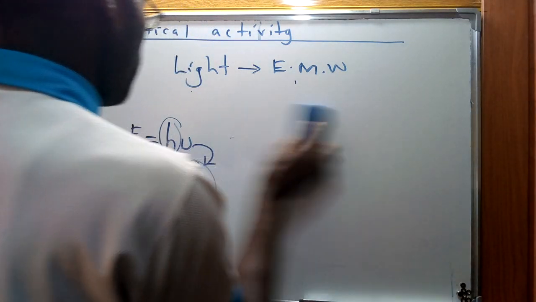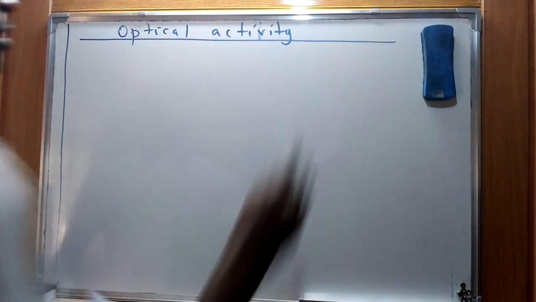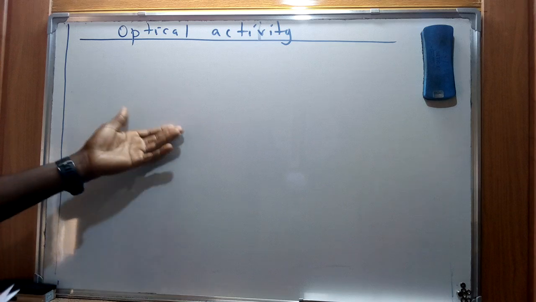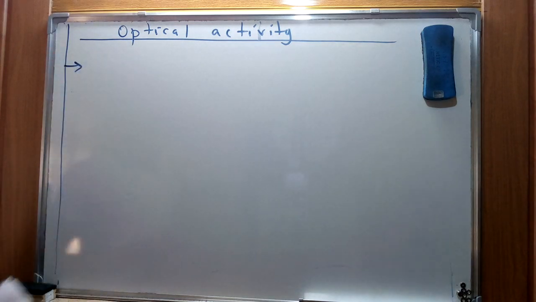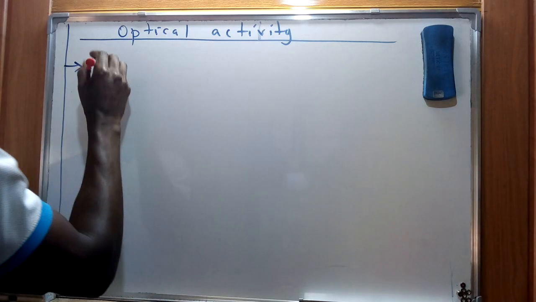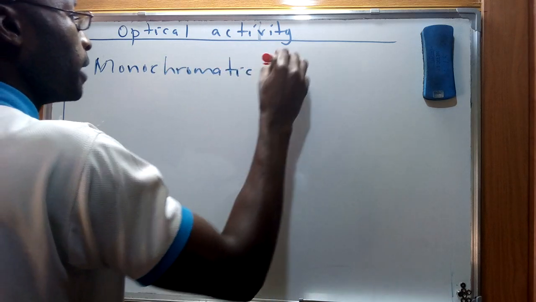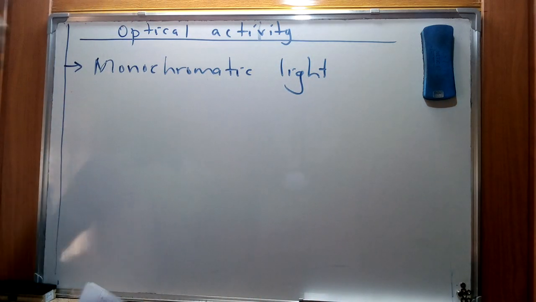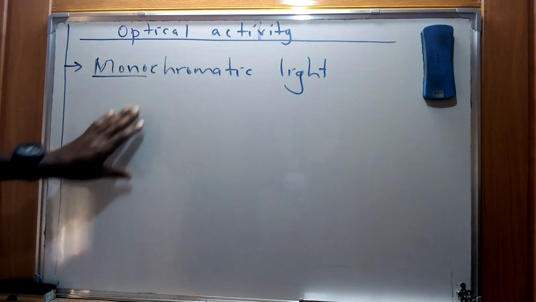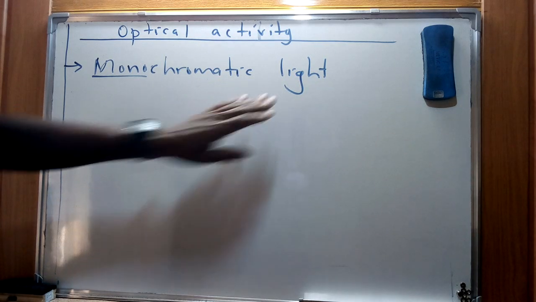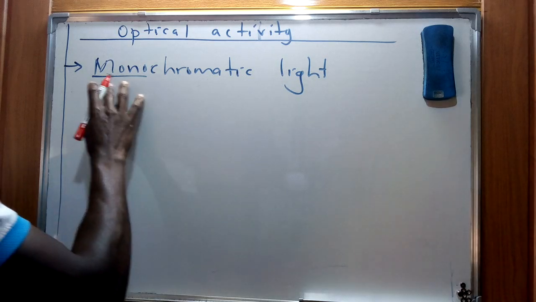So having mentioned that, we are going to see that the concept of optical activity is going to rely heavily on this property of light. Whenever a beam of monochromatic light, and when I mention the concept of monochromatic light, the concept of mono portrays singularity, or one. Therefore, a monochromatic light refers to light of a single wavelength, and whenever